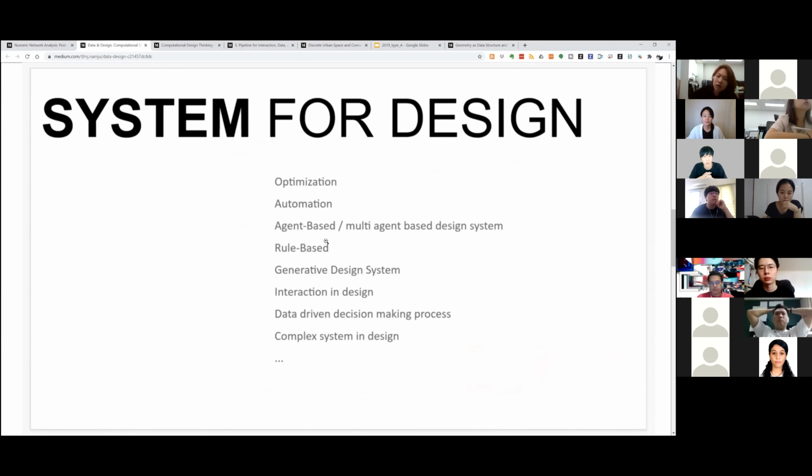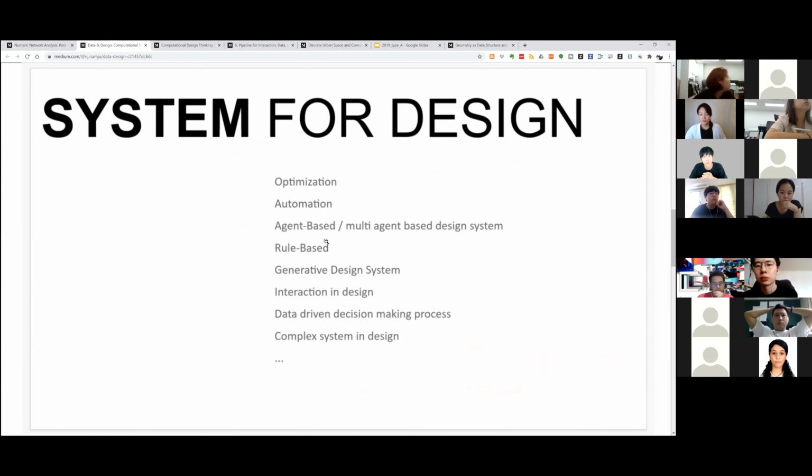So when it comes to system for design, I think there are several keywords that you're already familiar with, such as automation, agent-based design, optimization, or generative design. I think this is more about how we deal with the data and the data structure. This is basically direction. So on top of the system, we have the resources data, and then we have a tool to manipulate the data in a space. And even with the same data process or methodology, we apply different directions. This is what I'm trying to say.